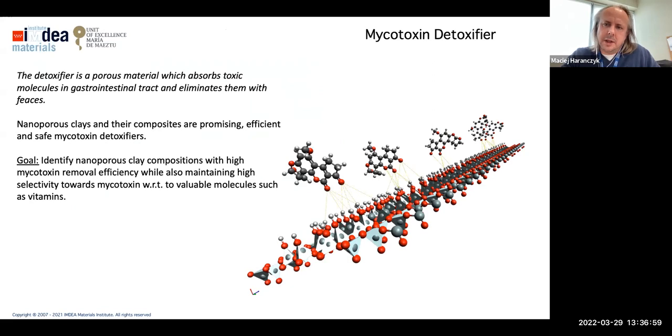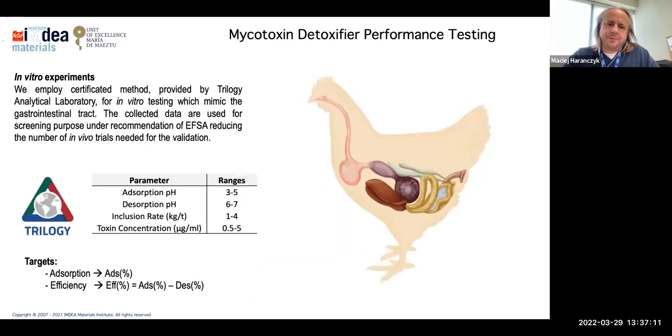So how can we do it? Here we focus on those nanoporous clays again, and the question is, what is the performance measure in this application? If you think about it, the idea for this application is mixing this material with animal feed, and the whole process will take place, adsorption and removal through the gastral tract. So there are 2 stages. It's basically adsorption in the gut, where first the toxin is going from the food in the gastral tract and adsorbing on the material.